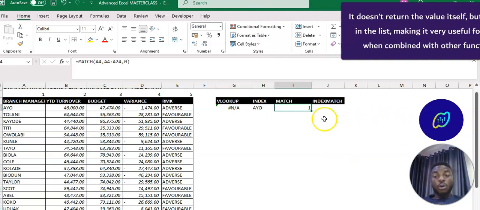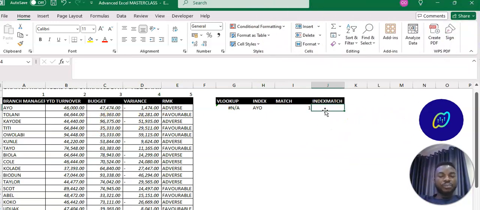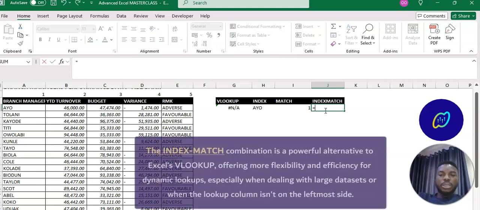So we call it, of course, the index match function. Now let's see how the index match function works. The same thing I have performed using VLOOKUP, I'm going to perform using the index and match functions together, in the form of a nested function, right? I'm going to say equals to